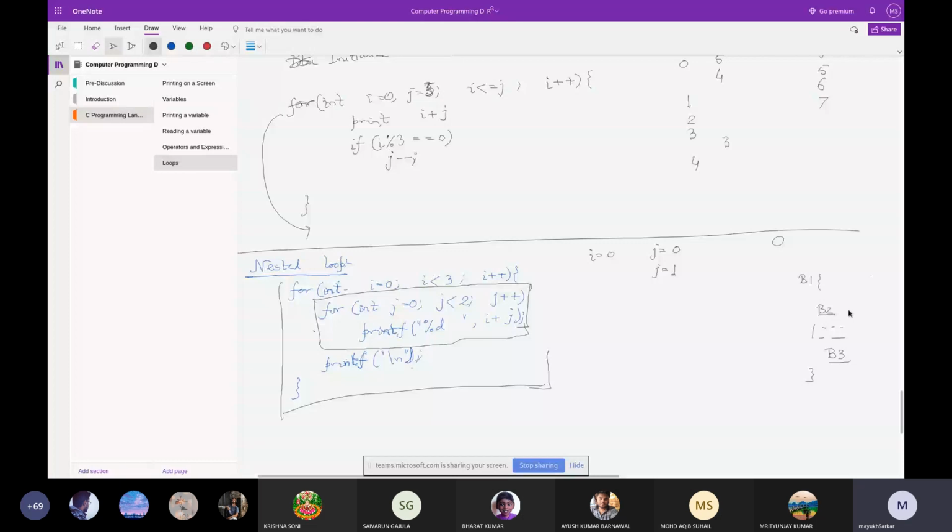Then if it is a loop, it will come back here or something like that. Then the properties of B1 will be followed. But first, the internal blocks need to be executed. So